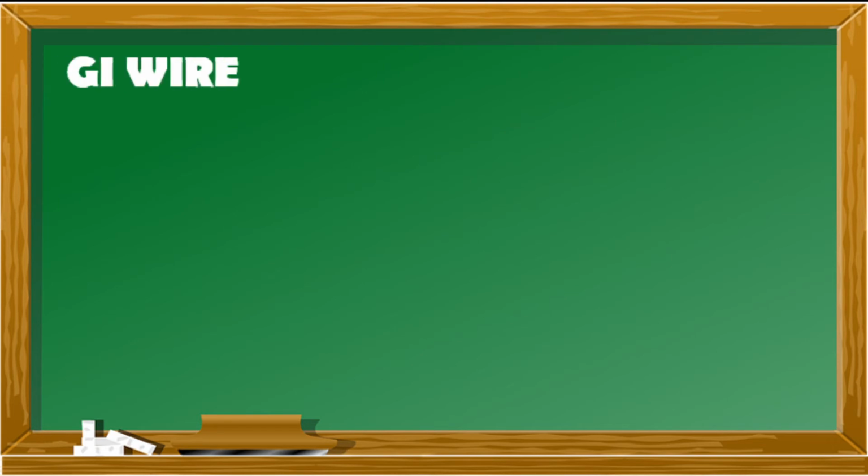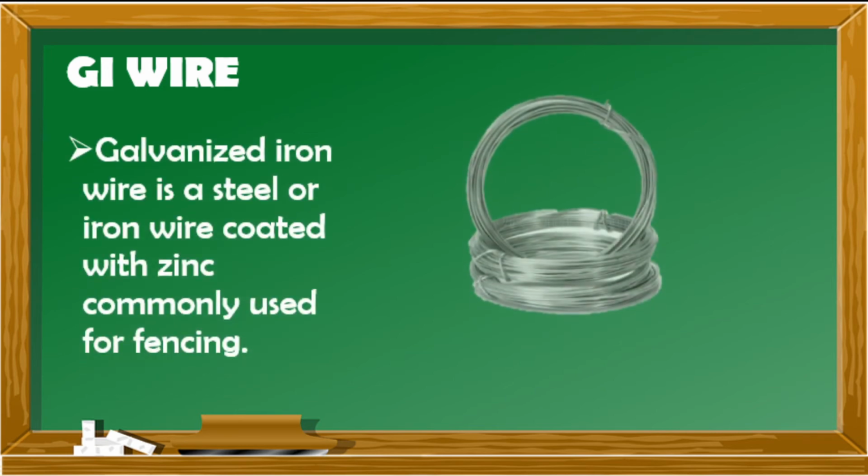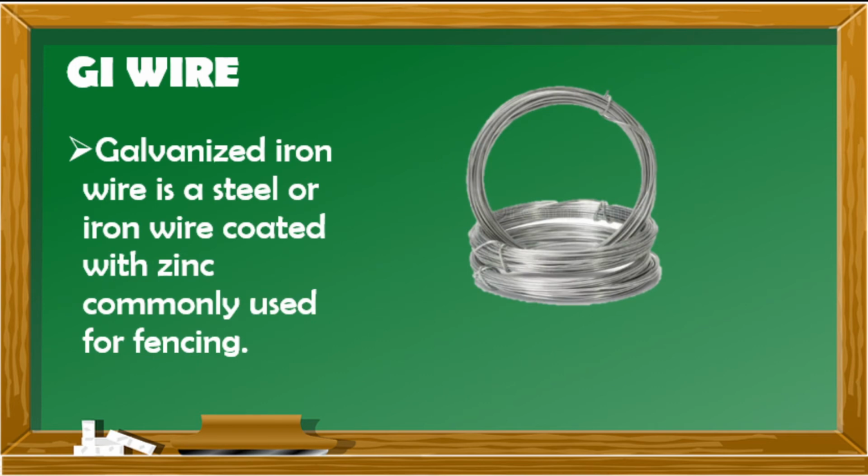Okay? Next is yung GI wire. So, when we say GI wire, galvanized iron wire is a steel or iron wire coated with zinc, commonly used for fencing. So, ito yung alambre sa Tagalog. So, GI means galvanized iron. So, meron siyang coating na zinc in order na hindi siya kalawangin. Nakalawang pa rin pero it takes time bago siya kalawangin compared to sa mga other na wires na walang galvanized